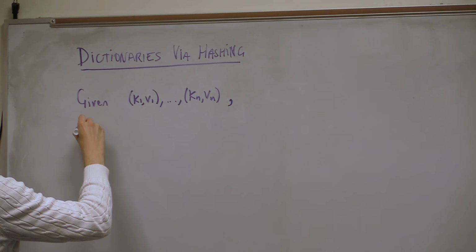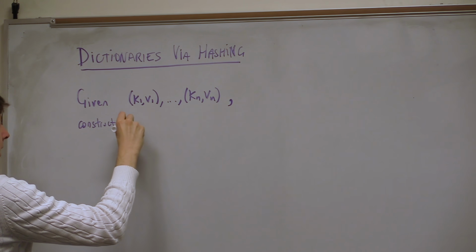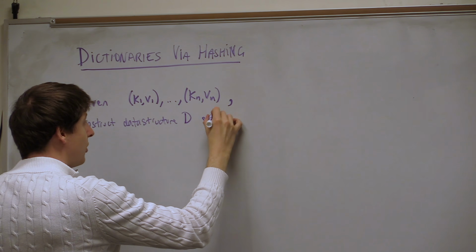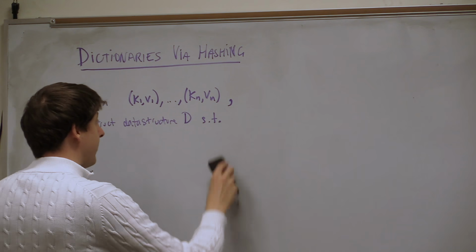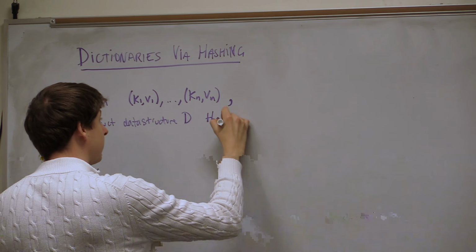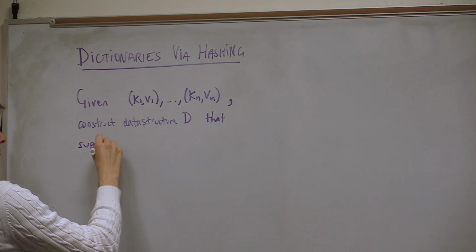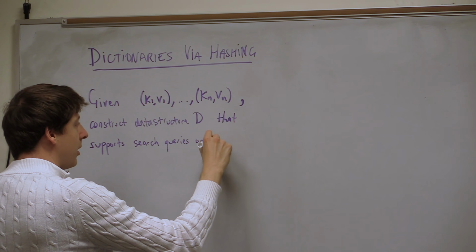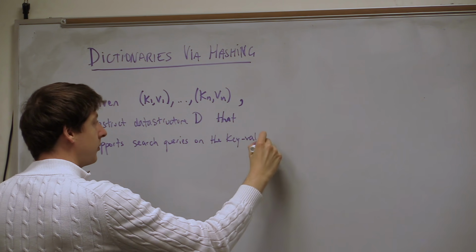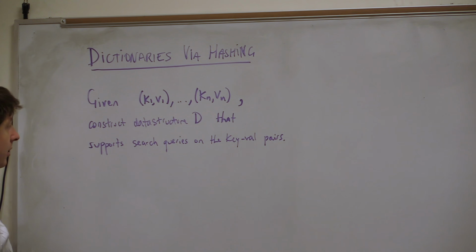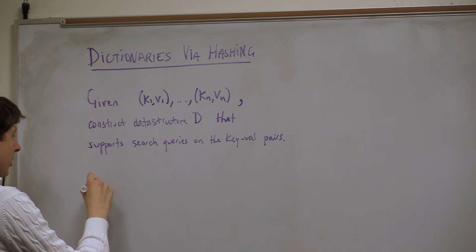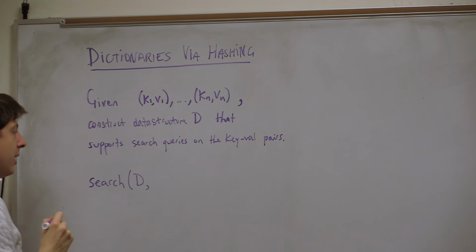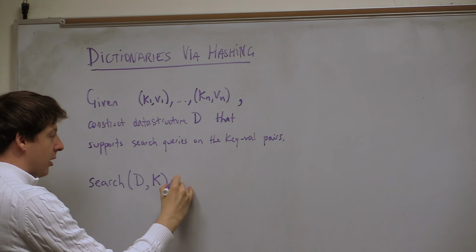We want to construct a data structure, let's say D, that supports search queries on the key value pairs. So what is a search query? Let's define it. You pass the data structure to the function search, and you say, here's a key. Could you please tell me